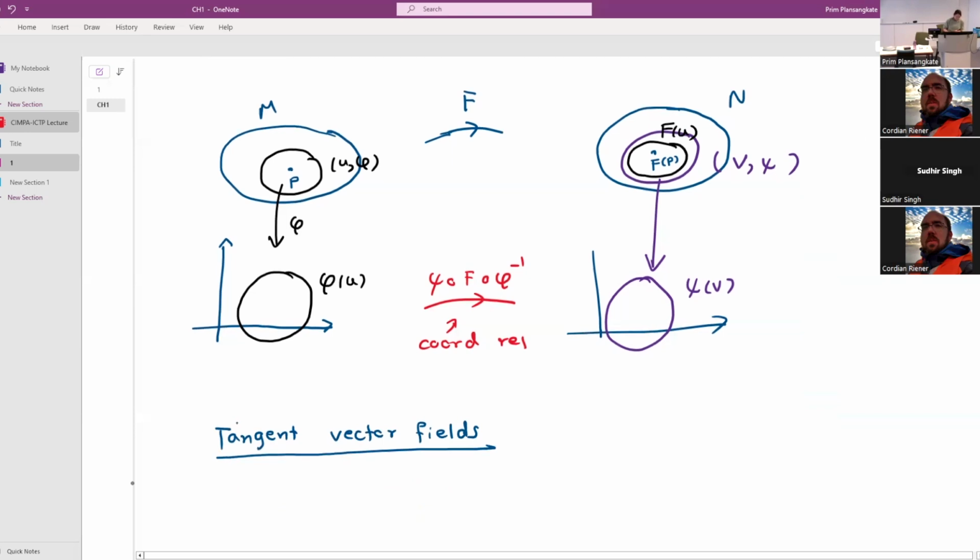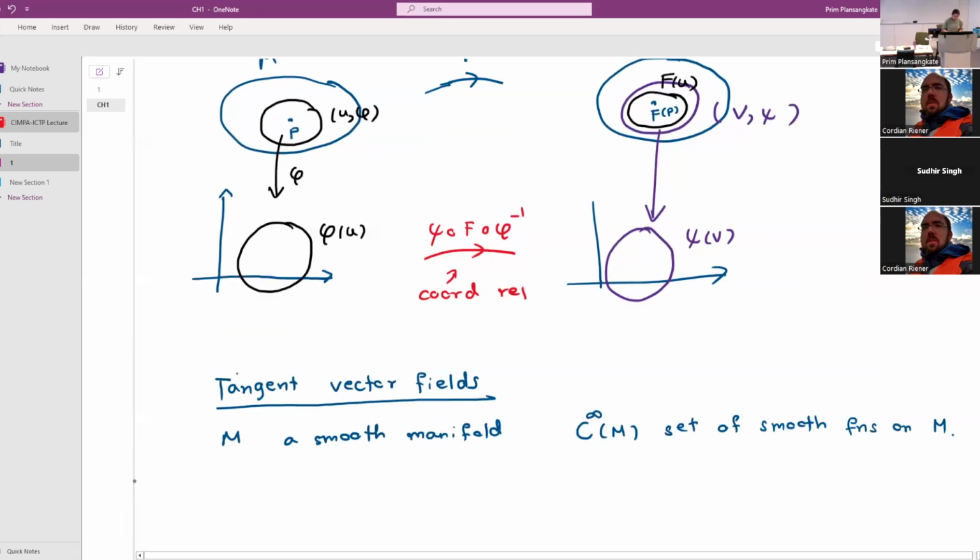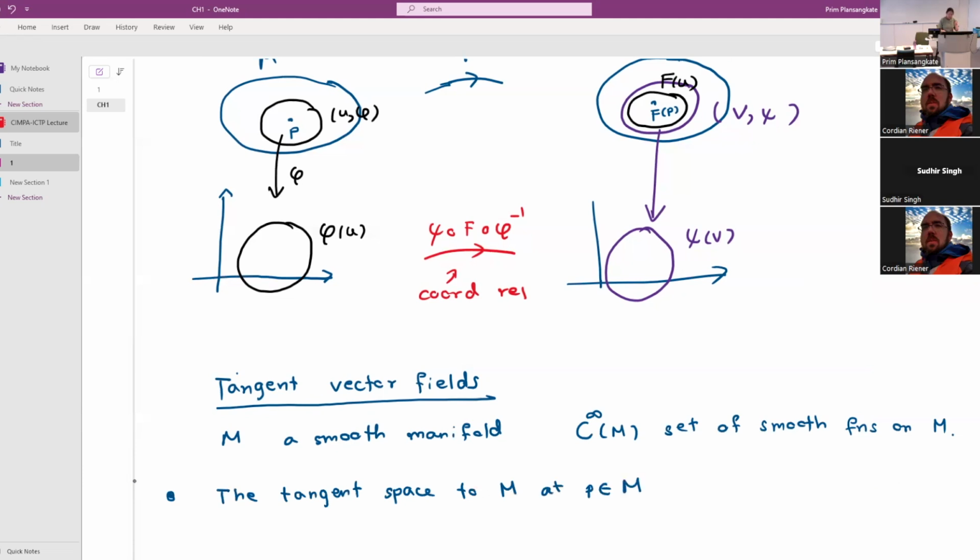So what is it? Suppose you have a smooth manifold M, and let me use C infinity of M to denote the set of smooth functions. Now the tangent space to M at each point p. Well, maybe I should say that